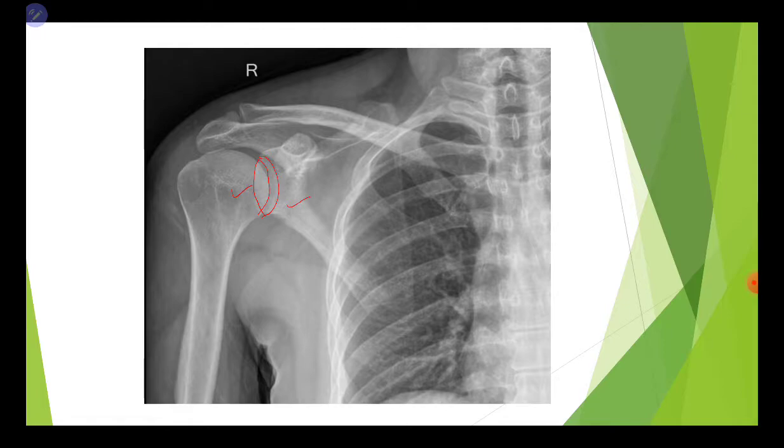Now, talking about the scapula, this is the lateral border, this is the medial border. Then we have the coracoid process, which is a bony projection which points anteriorly. Then we have the spine of scapula, which is a projection from the posterior surface. It ends into the acromion process, which articulates with the lateral end of clavicle and forms the acromioclavicular joint. So these are the important bones that we are going to see on MRI as well.